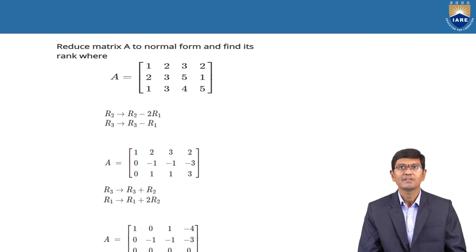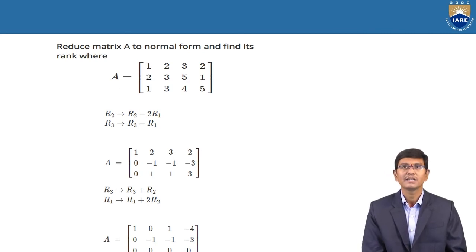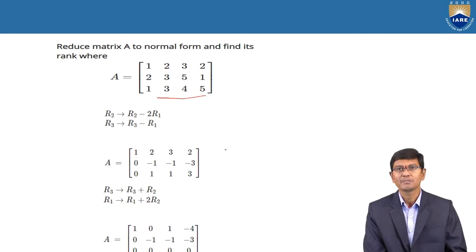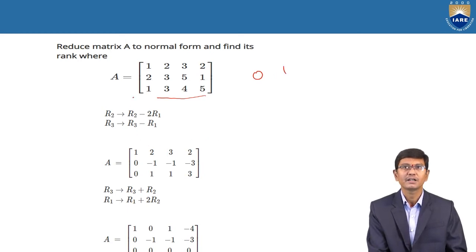And coming to the next point, for example, if the matrix is A is equal to 1, 2, 3, 2, 2, 3, 5, 1, 1, 3, 4, 5. And here also we need to reduce it to normal form. Therefore, in our mind, similarly, all the elements we need to change to either 0 or 1 only. And again, when we observe here also, the first row, first column is 1. And based upon this 1, when we apply on R2, the 2 value we need to change to 0.